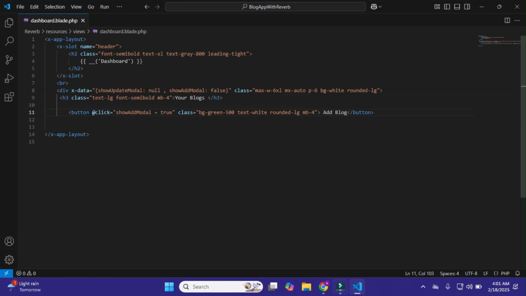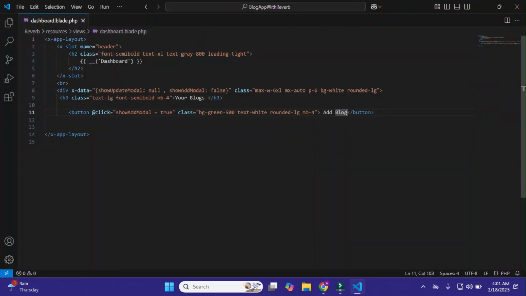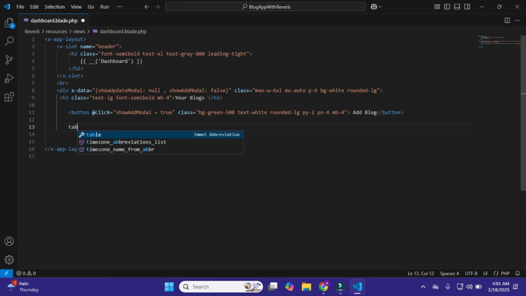Ad block. Okay, so I'll go to my browser, and here you can see I have this ad block. Okay, and p2, okay, that's it. We simply do this, and after it I'll define that table.